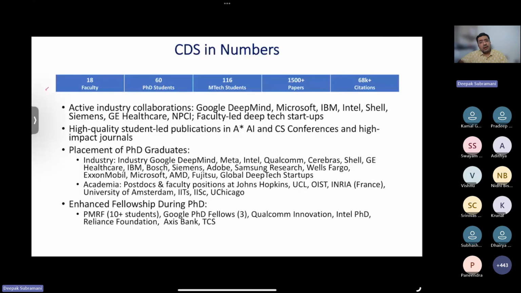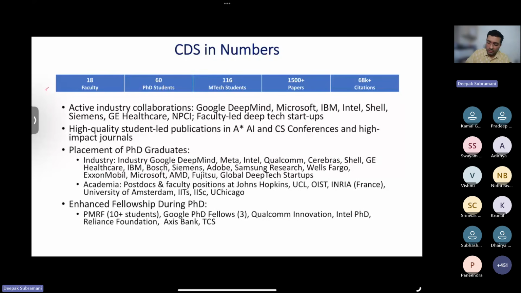We also have liberal travel support. Most of our faculty have grants that support travel for you to attend all these top A-star conferences. So whether the next ICLR is going to be in Western United States, and if you join, you work on a paper, you get it submitted and published, you can go there. So the travel opportunities are also immense. The Institute also has a lot of alumni support, as well as the faculty also have support for you to travel to these top conferences and have your work visible. So that is very much possible.